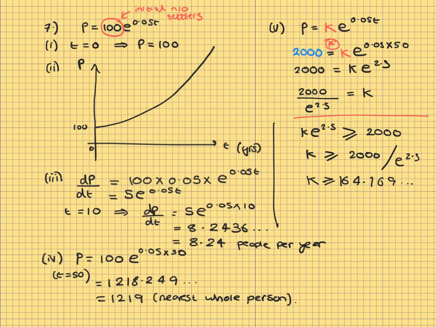164.169. So because we have to start with a whole number, an integer number of people, k's got to be greater than or equal to 164.169. So that means the minimum value of k is going to have to equal 165 people. So that's how many people you need at the start if you want the population to hit at least 2000